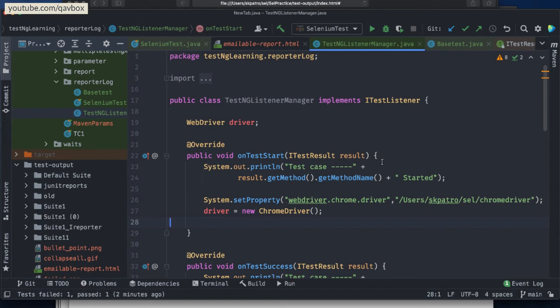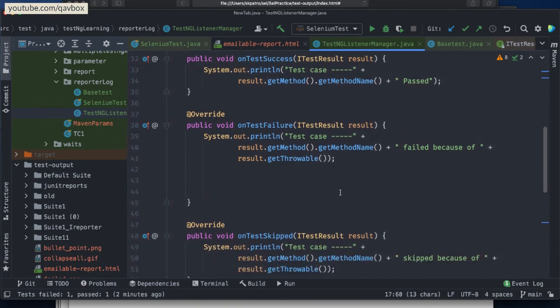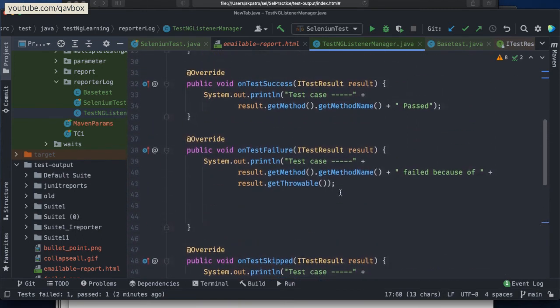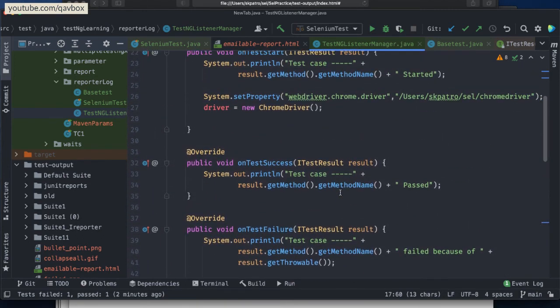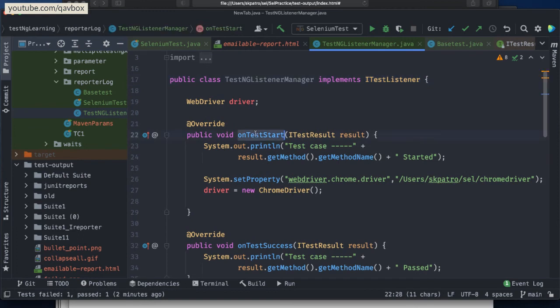I'm giving all the possible ways, and depending on your existing framework, you can play with it. It's the same concept. Let me finish it quickly. So here we know about a test listener, right? We already learned from our previous session that this gives you a couple of test methods. Based on your result, it will be executing. On test start, it will be executing just before executing your actual test case, right?